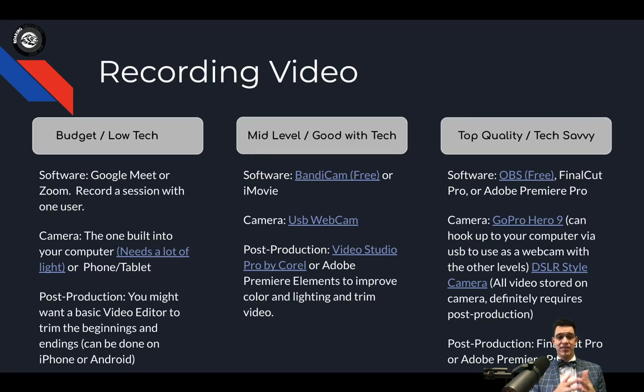The camera there in that budget option, or the low-tech option, is built into your computer in most cases, or your Chromebook. And if not, you can even use a phone or a tablet, especially if you pair it with something like this Shure MV5 microphone that's available to you. So for post-production there, you might want to open it up in your phone and trim the beginning and ending so that you don't see you pressing the record button. It's just you standing up and playing your part. So that would be the budget version. Essentially, that's free as long as you don't add a microphone to it,